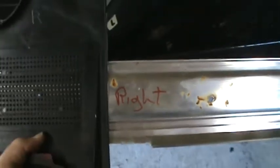Okay, the kick panel has an R embossed into it for right, and I wrote right on the threshold so that when I go to put these back on, I'll know which side is which. Unlike the other side where these screws came out easily, a couple on this side are proving difficult to get out. So what I'm doing is I'm taking my Phillips screwdriver,